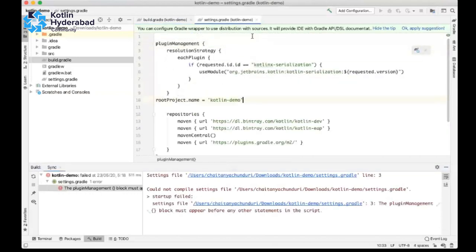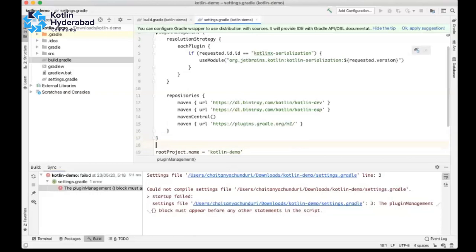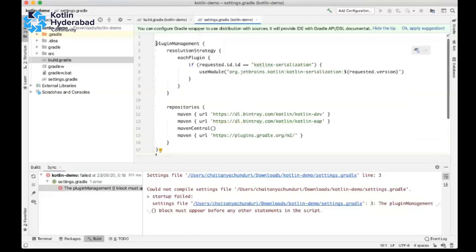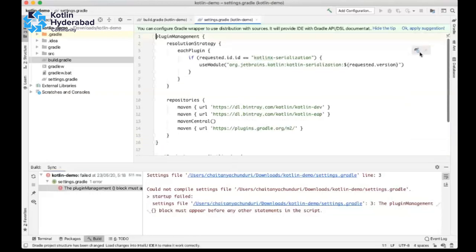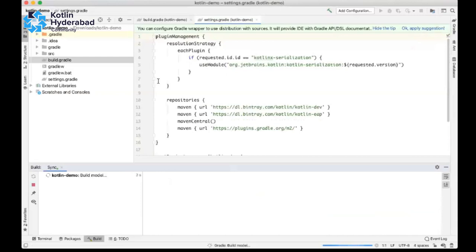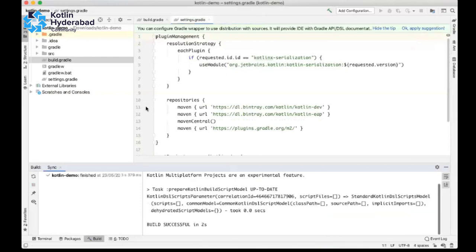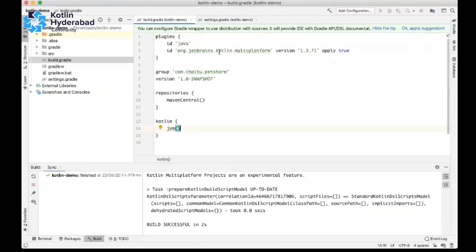Plugin management generally has to be on the top. So we set up the multi-platform plugin with this.